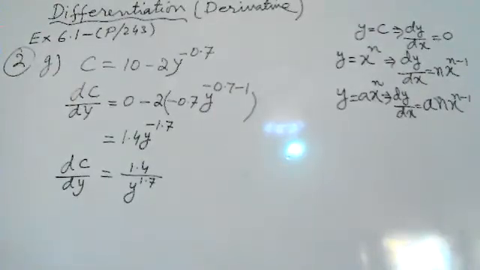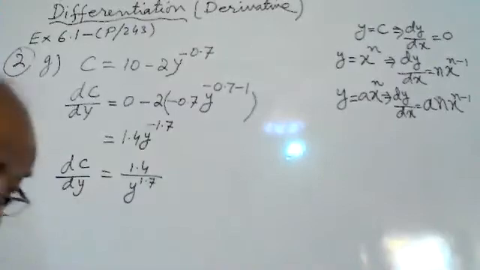So this is the way how to find the derivative or how to differentiate. That was question number 2. Now we will do question number 3. Differentiate each of the following, giving your answer with positive indices only. Here also we have to write in positive indices, we have to differentiate this. So we will do question number 3. Question number 3.